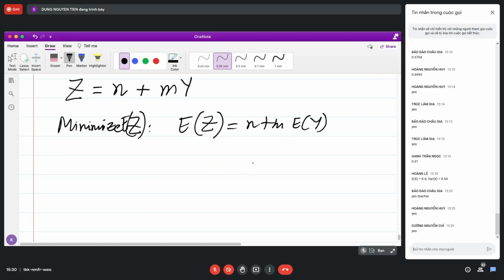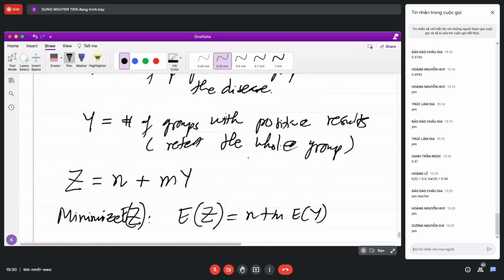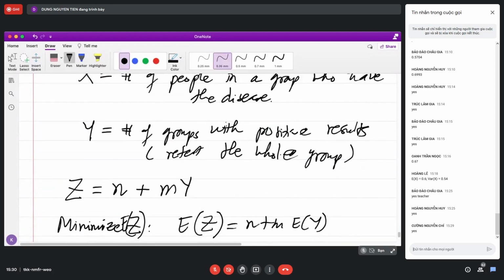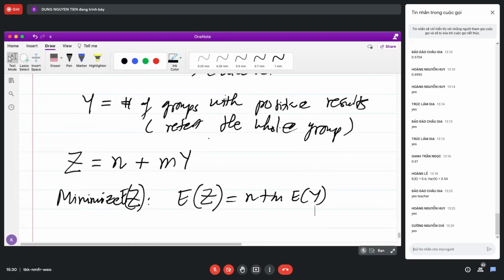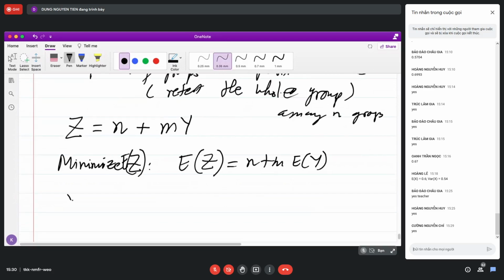The mean of y, in order to find the mean of y, you need to know the distribution of y, right? Y is the number of groups with positive results among n groups. So y follows a binomial distribution with the two parameters n and, let's say, p1, where p1